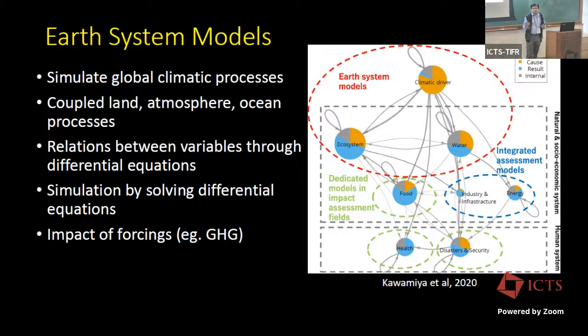So building an Earth system model based on our knowledge of the physics is of course a formidable task, and it requires collaborations among scientists from all domains. The models themselves are also extremely computationally expensive. They require supercomputers to run and so on and so forth. But even then, if we see the different Earth system models, like the GCMs and other models developed by different research groups, we will see that they often don't agree with each other. Not only do they not agree about the future, but they often don't even agree with the past.